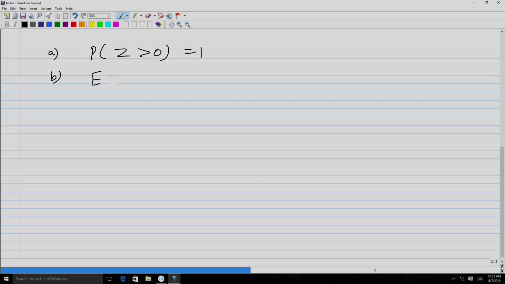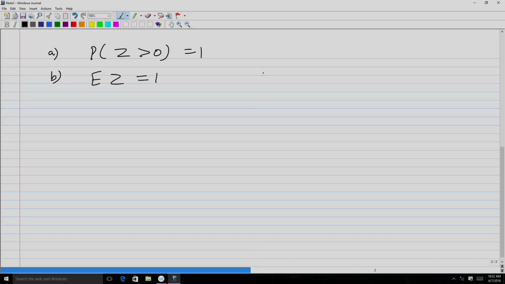And B, the expectation of Z is 1, which is also from the definition. Z you have defined as p tilde over p, and this expectation, since we did not put E tilde, is simply E. So, it means it is expectation under P. So, simple by definition, this follows immediately. To note, the expectation of Z is the summation over omega in Omega of Z of omega, P of omega. Now, substitute, and you will end up with p tilde of omega, and this is 1.